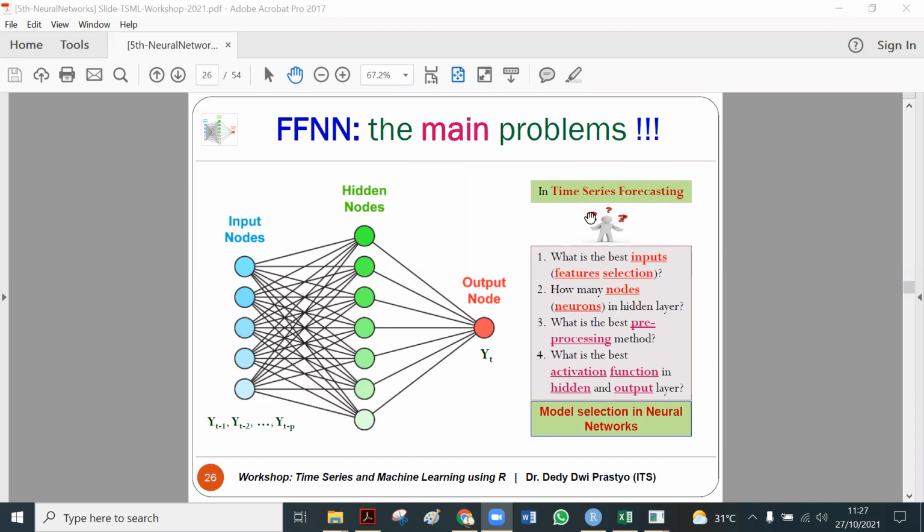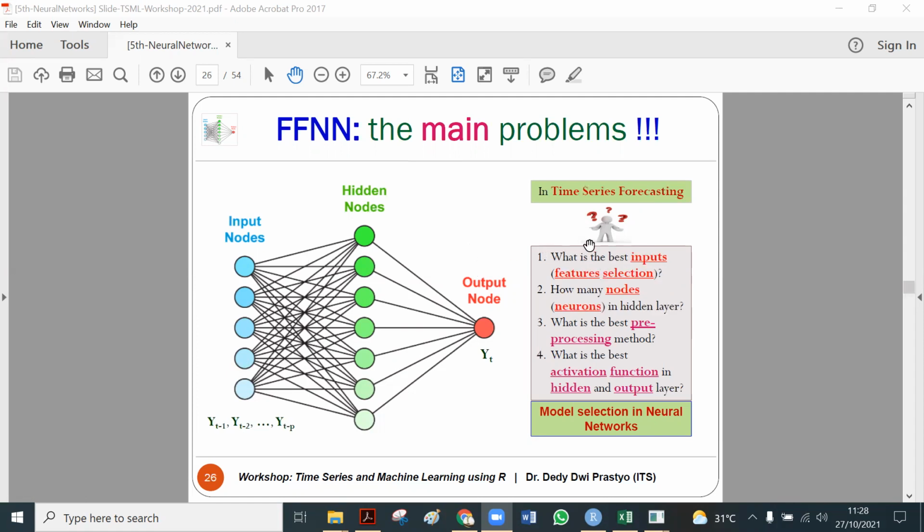But if it is time series forecasting, it is better to start from choosing the input. Why? Because in classification and regression, we already have a certain input, the number of predictors. We can just choose all the predictors, put them in the model, and try to optimize the number of neurons.